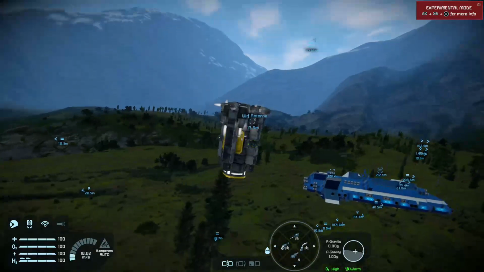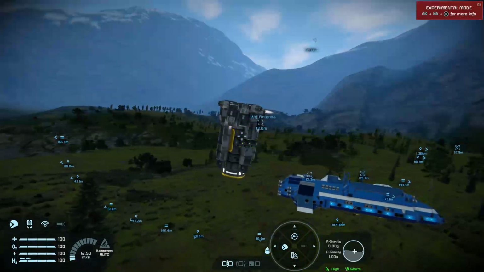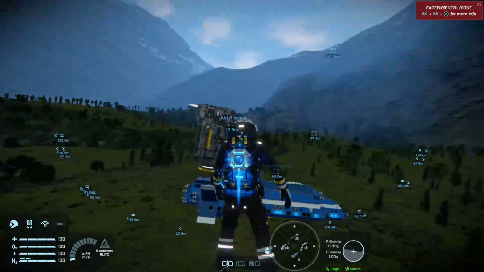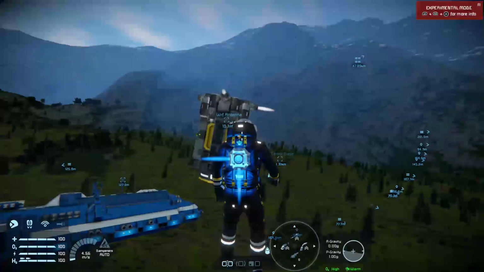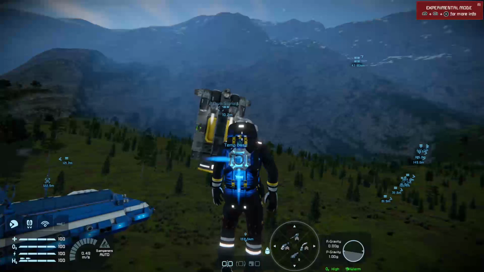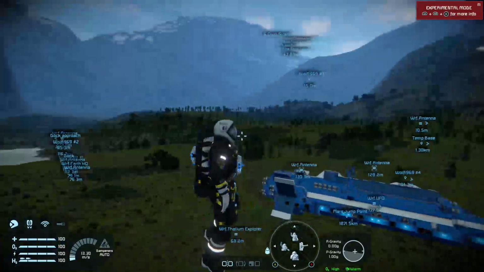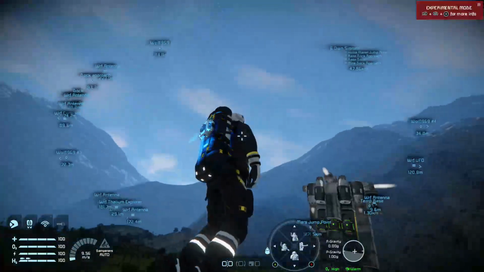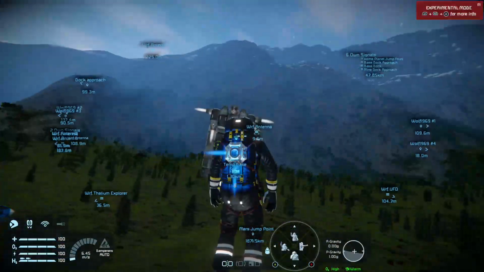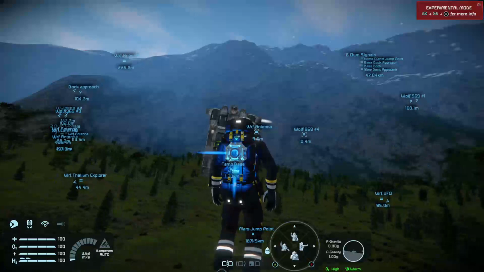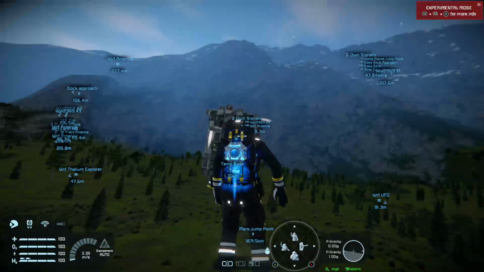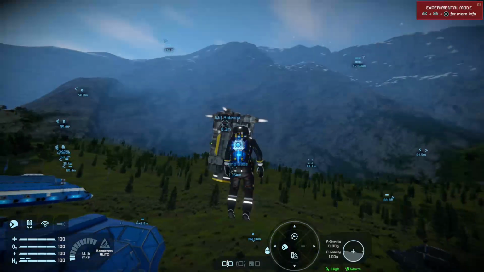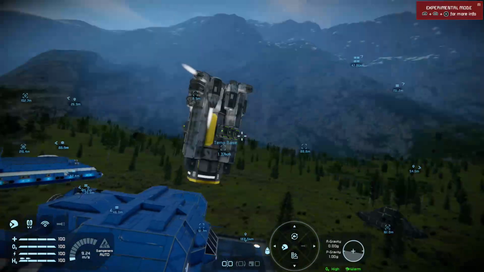Also, if you want, you can also hold down the right bumper, press up on the D-pad, and you will have a third-person view. Now in third person, if you want to change the camera angle, hold down both bumpers and tilt the right stick where you want the camera to look. If you want to zoom in and out, keep both bumpers held down, pull back on the stick, push forward on the stick, and that's how you control the third person camera. Back to first person, hold down right bumper, push up.